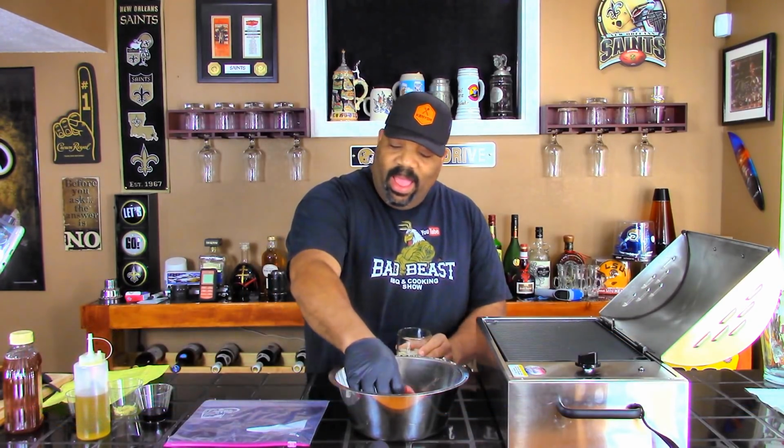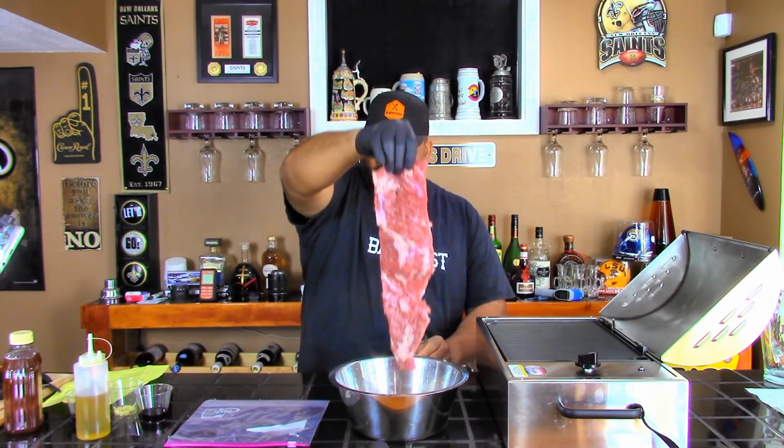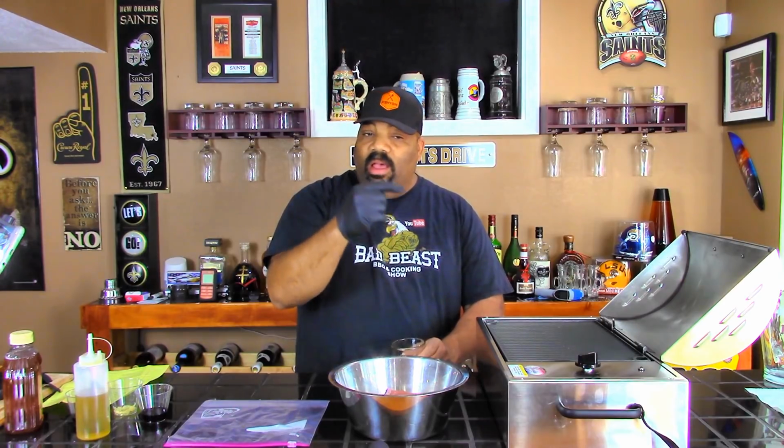Hey, today we're doing a quick cook, okay? We're going to be doing some flank steak. That's right. I got a nice piece of flank steak here. Check that out. So we're going to be cooking this on the Kenyon